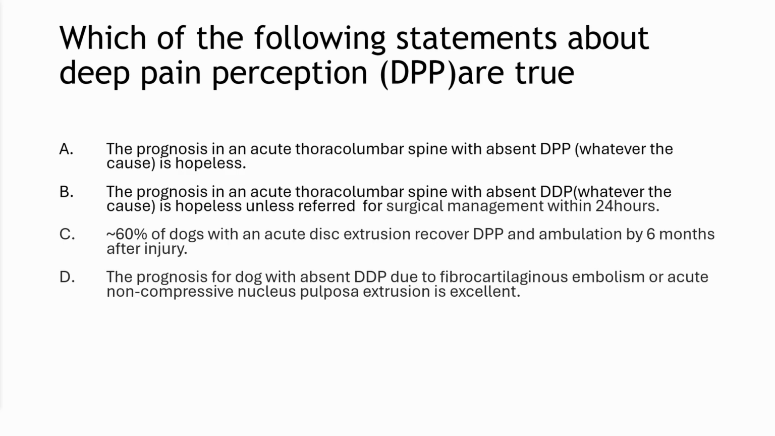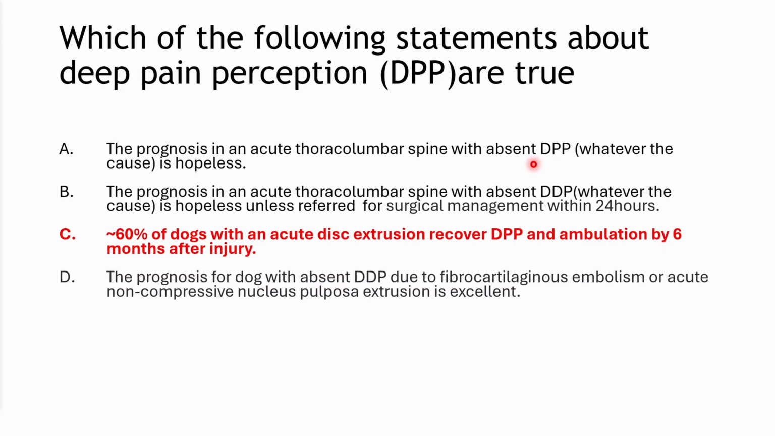Yeah, it's a bit of a difficult one, this one, isn't it? The answer is actually C. So it's not hopeless, whatever the cause. It is hopeless, however, if the animal has had a spinal trauma due to a road traffic accident. It's very unlikely those animals will ever walk again. But if it is disc disease, then about 60% of those dogs will recover deep pain perception and ambulation 6 months after injury. And actually the jury's out whether or not they absolutely need to have surgery for that,